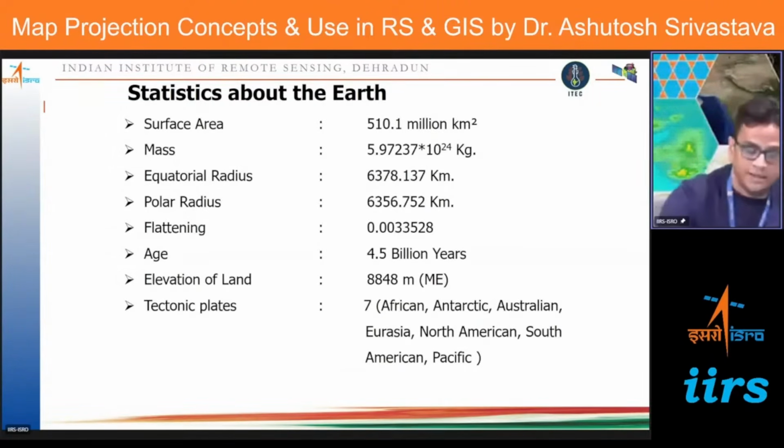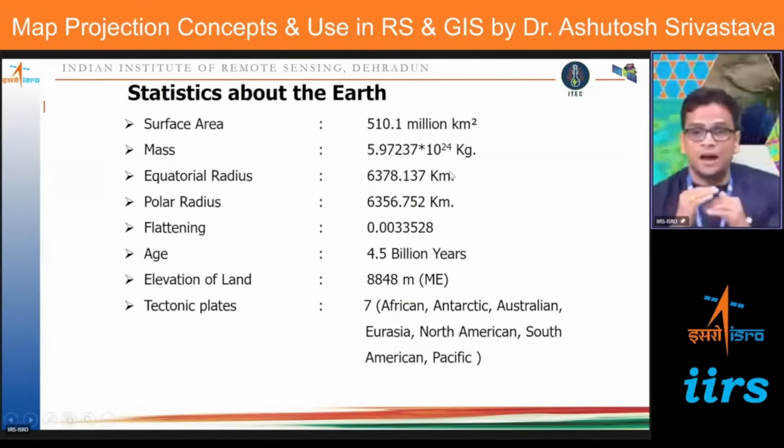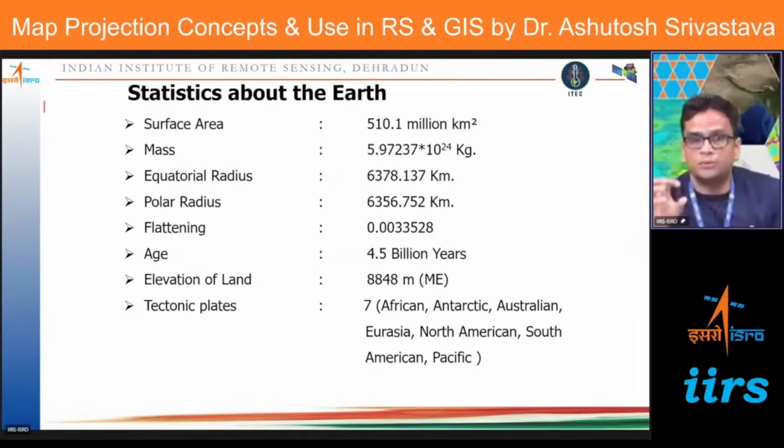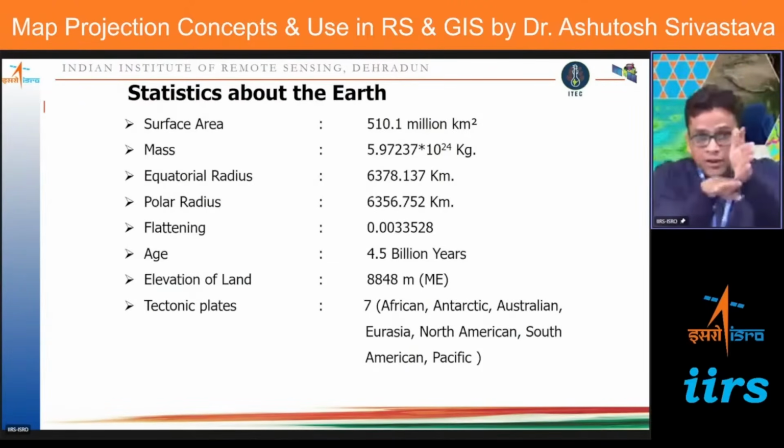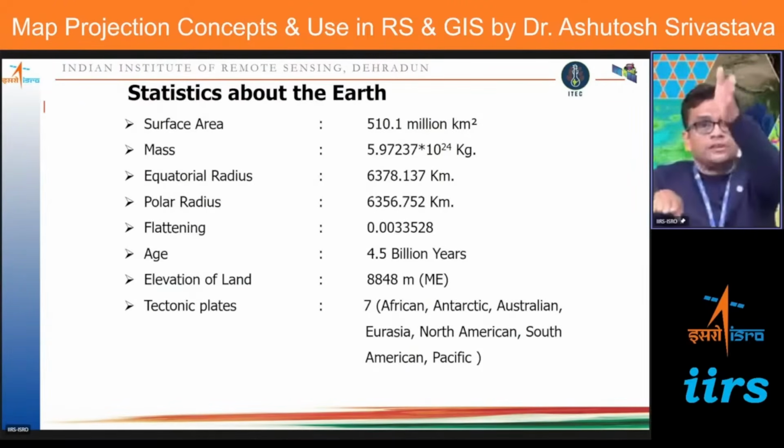You can see there is a difference of around 22 kilometers, so both radii are not equal. If both radii had been equal, then we could have said that our Earth is a perfect sphere. But since one is the equatorial radius and another is the polar radius, and they are not equal,